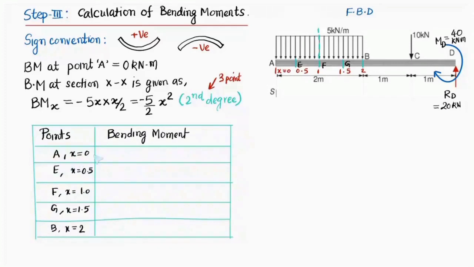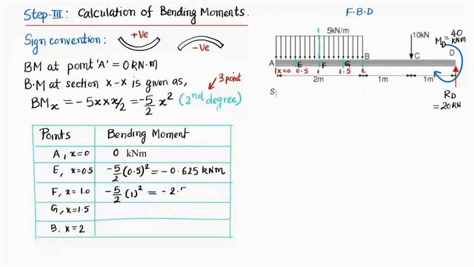At point A, we put x equal to 0, so the bending moment is going to be 0. At E, we put the value of x as 0.5, so it is minus 5 by 2 times 0.5 square, and simplifying, it is minus 0.625 kilonewton meters. Similarly, at point F, x is going to be 1. From A to F the distance is 1. So we write 5 by 2 times 1 square,